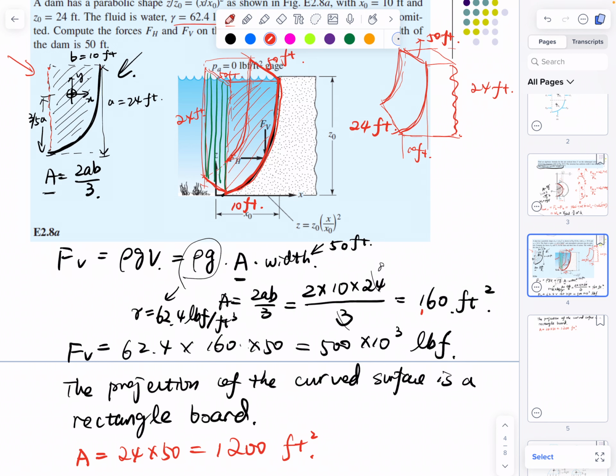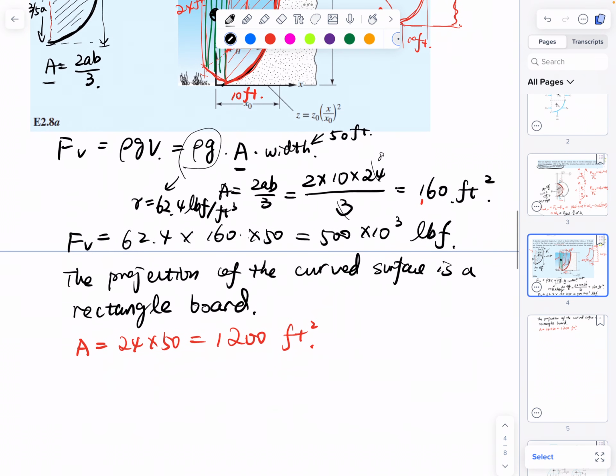Where should be the HCG? HCG of this board after projection should be at the center of the board. It should be here. It's at the center of the board, right? So that means HCG equals